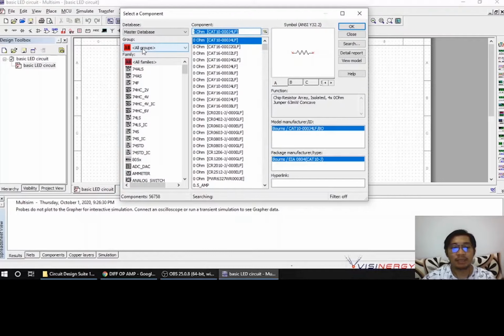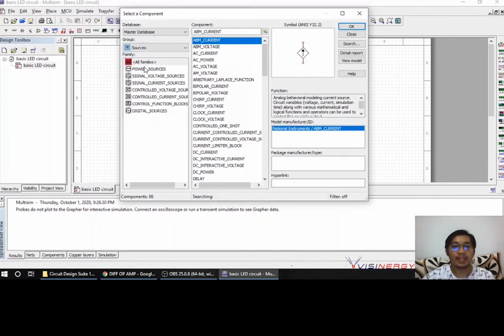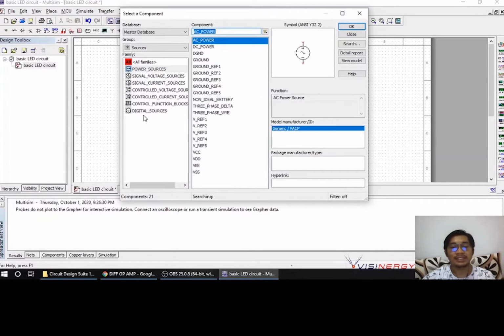To make it simple for us, we are going to choose our group of items. For example, we are going to need power sources, so we click on Sources and then click Power Sources. This is an AC power source. If you are going to need a DC power source, just click DC power source and then click OK.